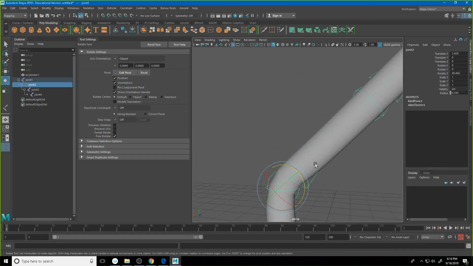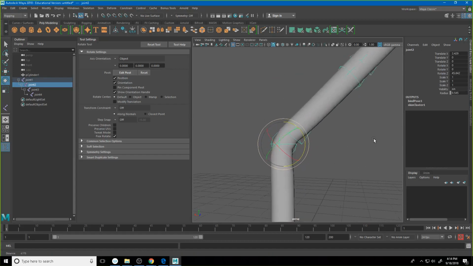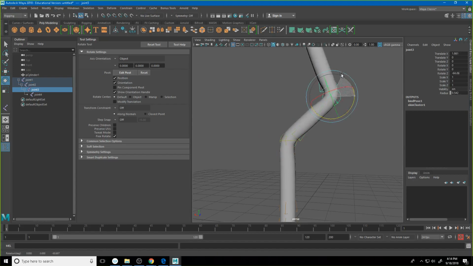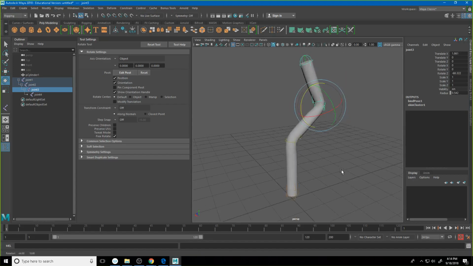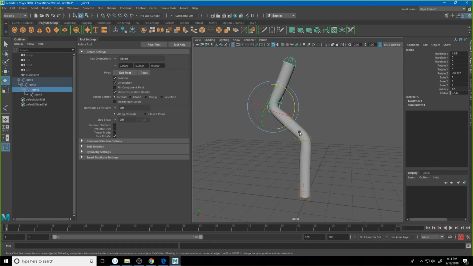So I'm just trying to see if I can get a little bit of a softer bend on that so it doesn't feel quite so segmented. Now, either way, if I get to this point and I'm like, you know what, I really need that to be even softer,